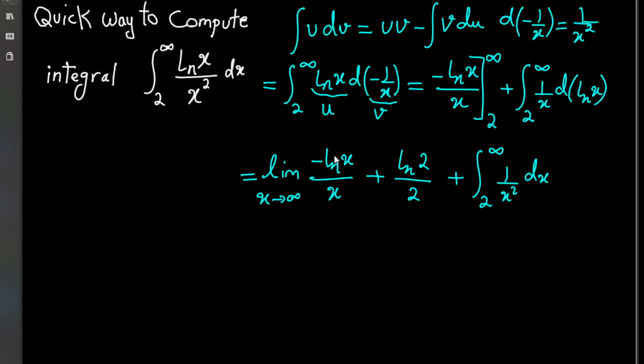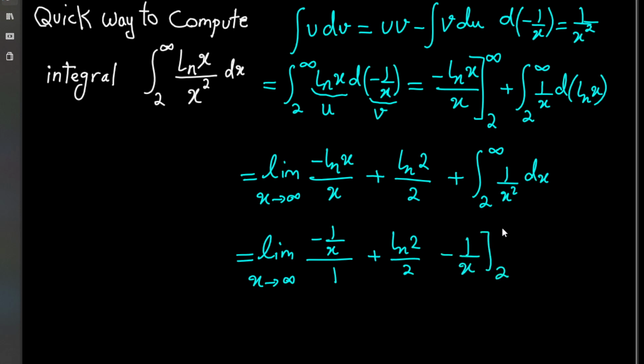For this one, when x approaches infinity, both numerator and denominator approach infinity, so we have to use L'Hopital's rule. That requires taking the derivative of the numerator and the derivative of the denominator. So we can rewrite the limit as x goes to infinity of negative 1 over x in the numerator, and in the denominator simply 1. Let's keep the ln 2 over 2. And for this one, it's a very simple integral. It becomes negative 1 over x